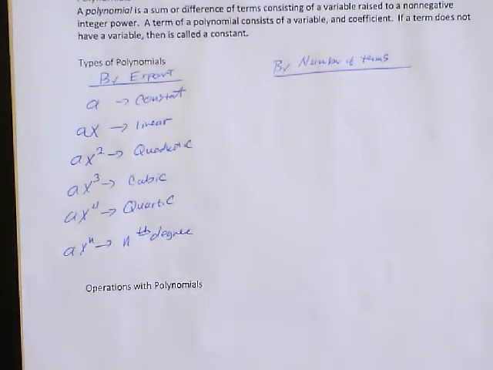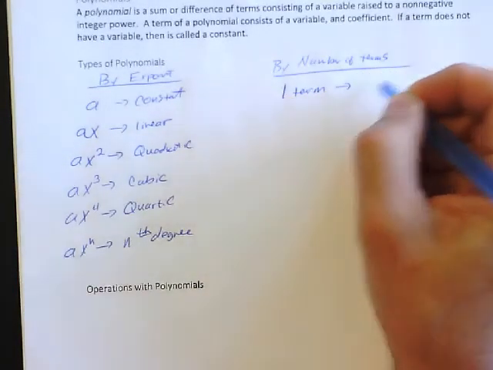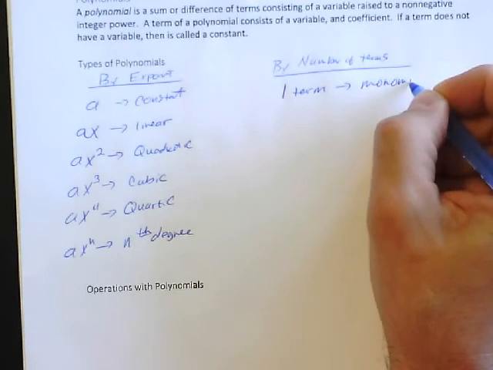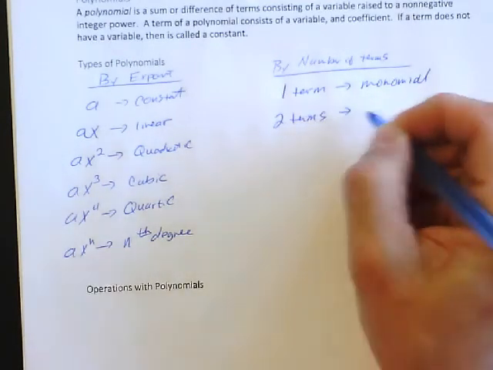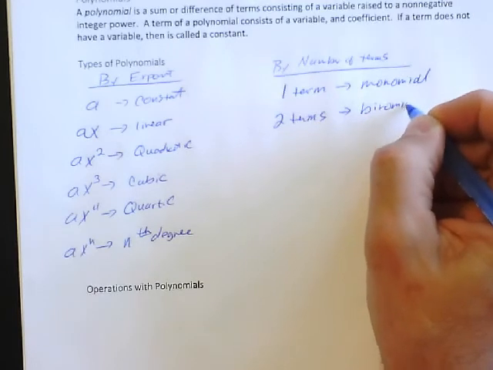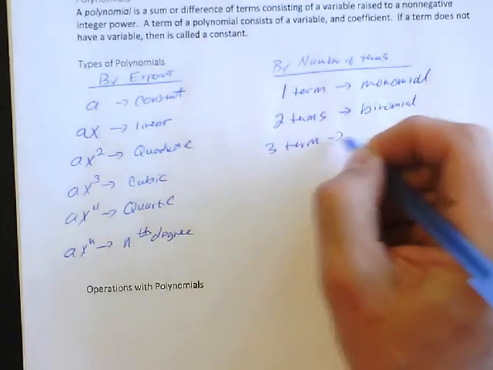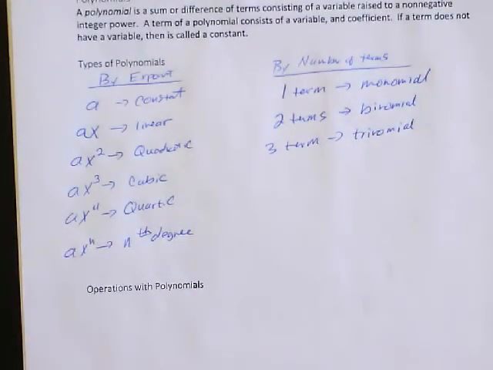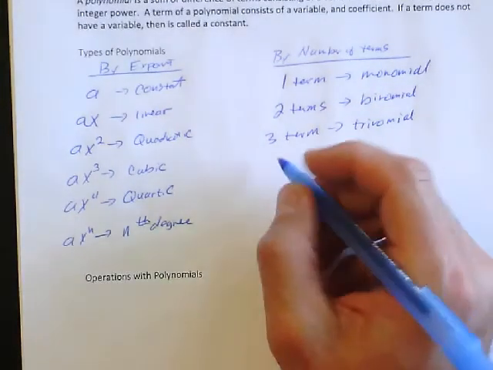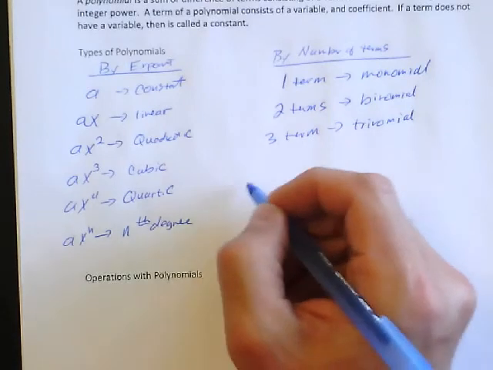polynomial. Okay. Now, if you're classifying by the number of terms, if you have one term, that's a monomial. Two terms is a binomial. Three terms is a trinomial. Okay. And when we write these, we typically write them in what's called standard form, which is